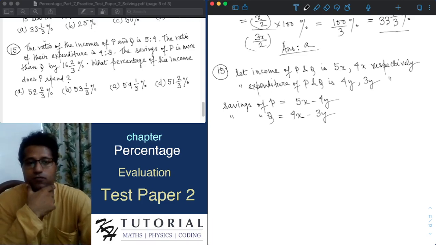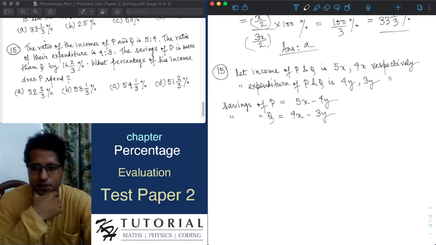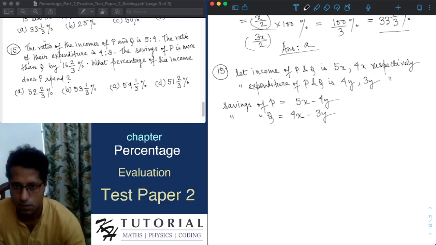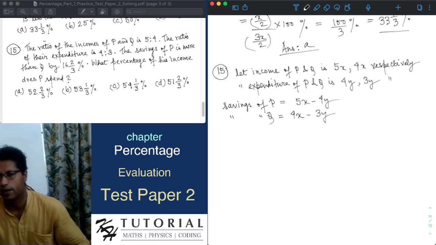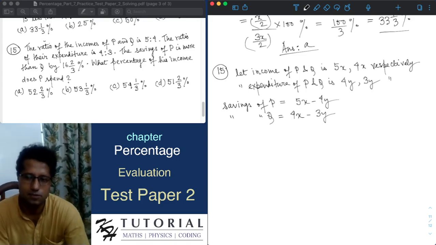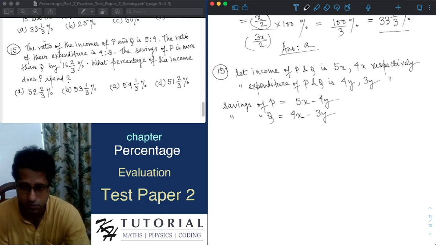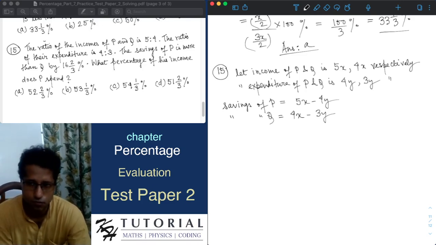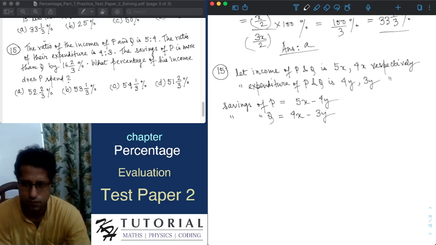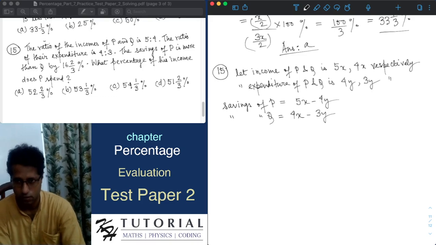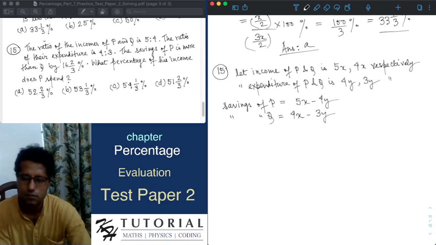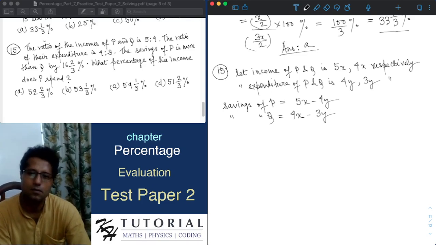And finally, it is asked what percentage of his income does P spend. So we have to find expenditure of P is 4y. So we have to find what percentage is 4y of 5x, because 5x is the income of P and expenditure of P is 4y. We have to find what percentage is 4y of 5x. Now,